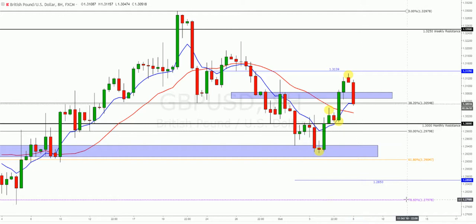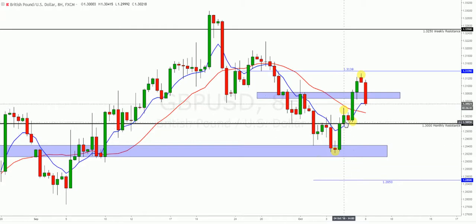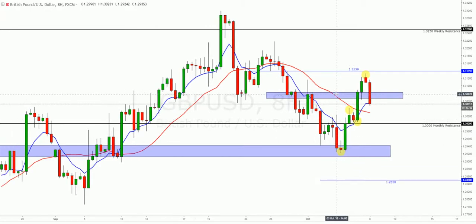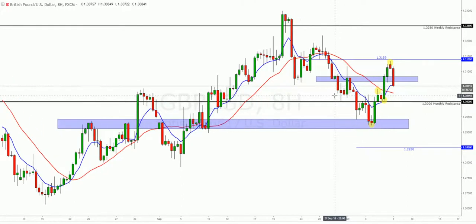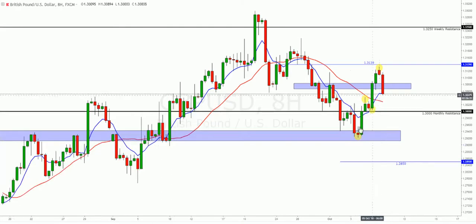Now onto the 8-hour time frame, just get rid of that bigger fib. Again, we are back at that exponential moving average as support. On this time frame, that would suggest we are looking quite bullish. We've had these discrete highs, higher highs and higher lows, and price formed that new higher high right at that 1.3139 level, and now we are testing that moving average support zone. It's going to be quite a crucial zone,